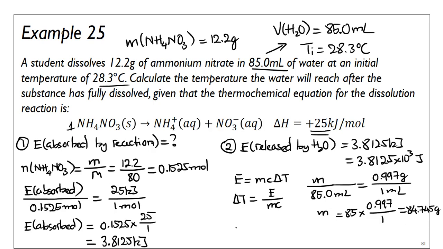So now I can sub it in here, and delta T is going to be 3.8125 times 10 to the 3 divided by 84.745 grams multiplied with 4.18 joules per gram per Celsius degree. So the change in temperature, let me just do this on the calculator, divided by 84 and then divided by 4.18, so I get 10.76